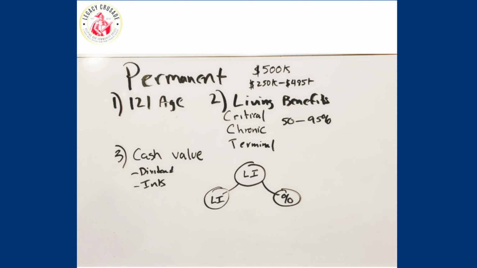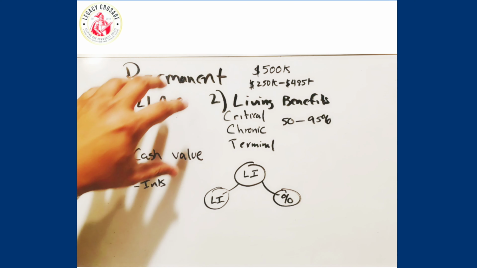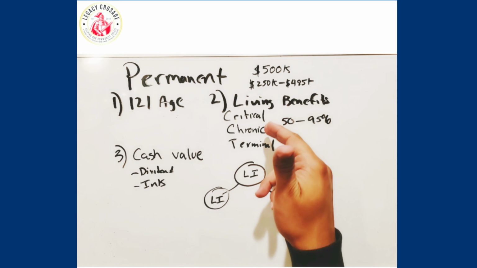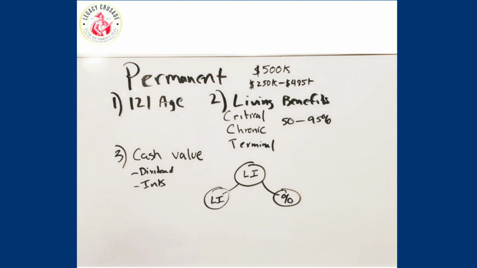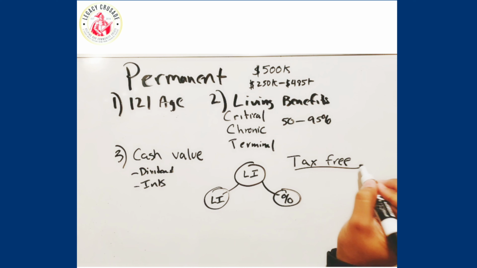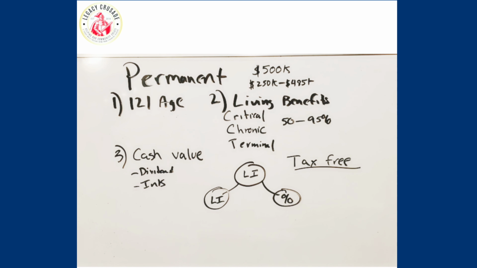So those are the three different types of policies. You have term, the most basic form. It expires, and it is the most affordable. The second up, which is a return of premium, also expires, but at the end of that expiration day, you do get your money back. And then, of course, you have permanent. Permanent provides coverage for the rest of your life, has the benefits if you get a critical, chronic, or terminal illness, and it does have a cash value component. And I forgot to mention, you do get to take out this money tax-free upon retirement, or if you need it for an emergency. So those are the three different types of insurance that exist.